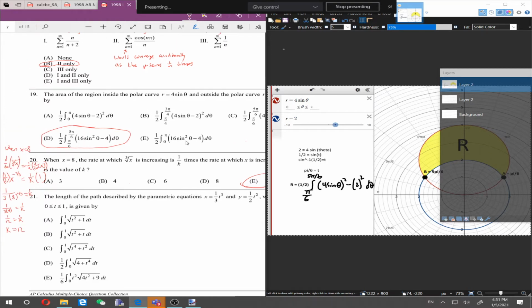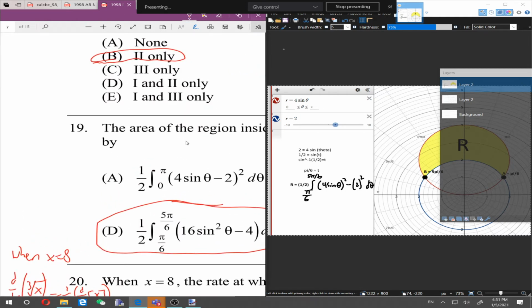Okay, I'm going to write our process over here in the corner really quick, so that I can post this later. Let's change colors so I don't run into the other one. We set these equal to each other. 2 is equal to 4 sine theta, so therefore